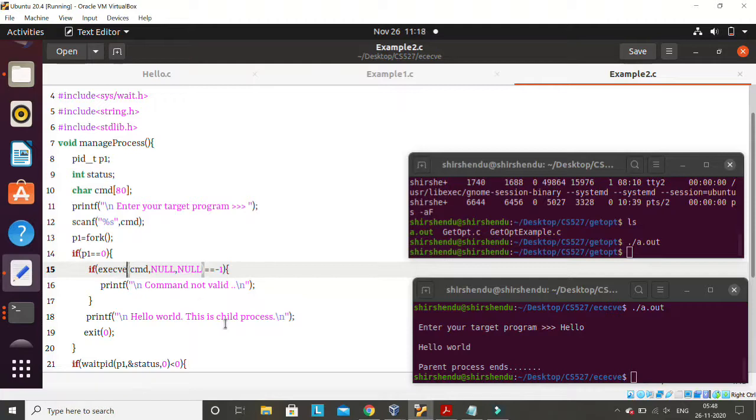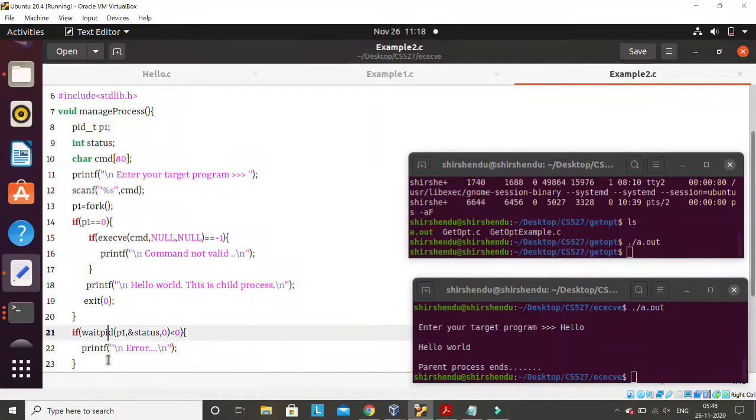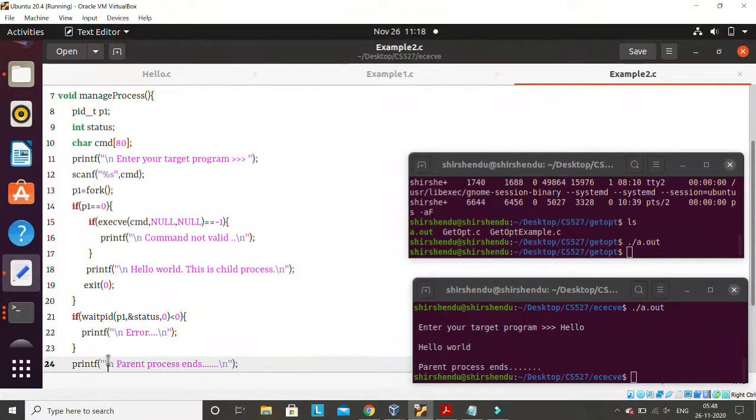Okay, and after terminating this process, the child will also terminate, and then the parent is waiting at line number 21. That part I hope you are understanding. So after this, the parent will also complete. The main important part here is how one program is loading another program.